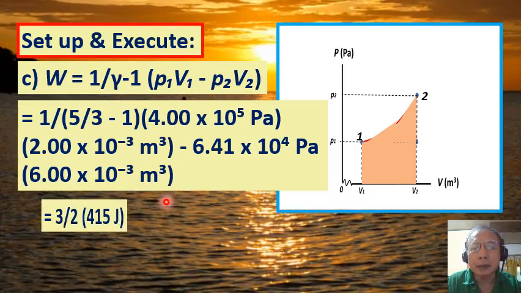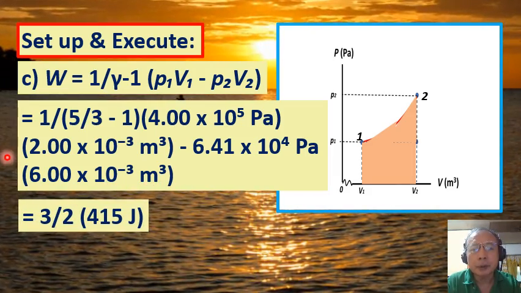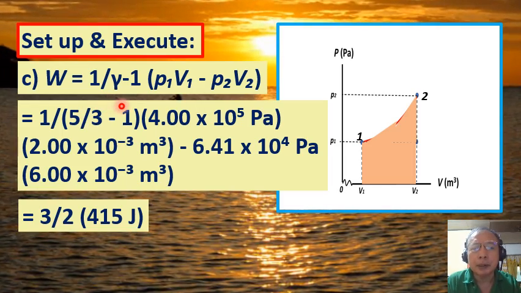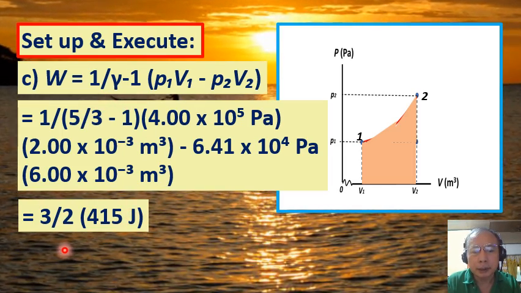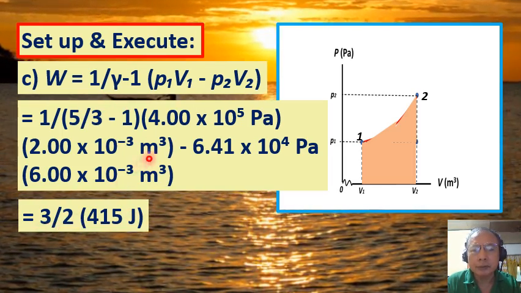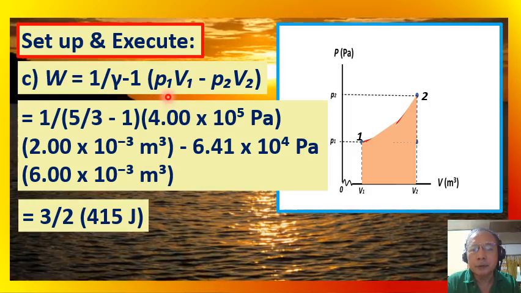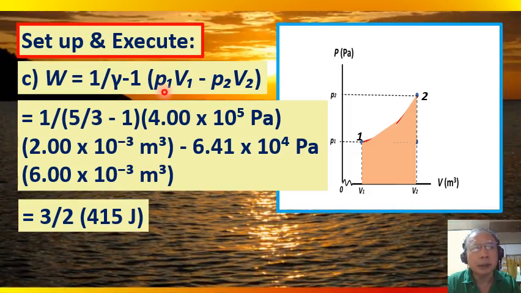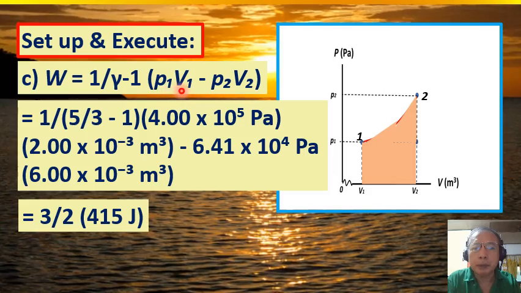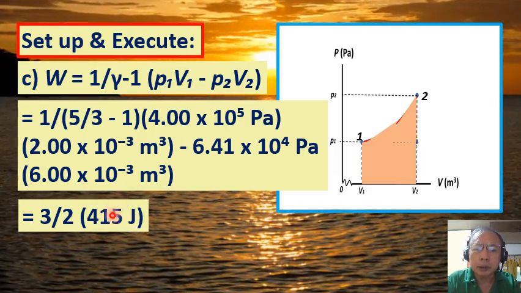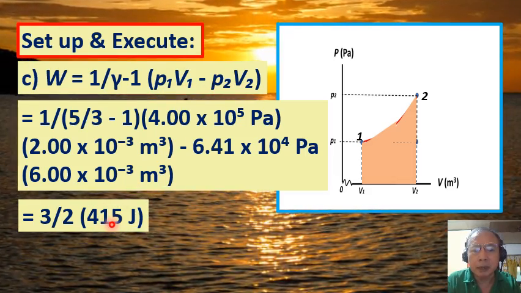So when you do the math, the reciprocal of gamma minus 1 is 3/2. And the result of getting the difference between the product of P1 V1 and P2 V2 is in fact 415